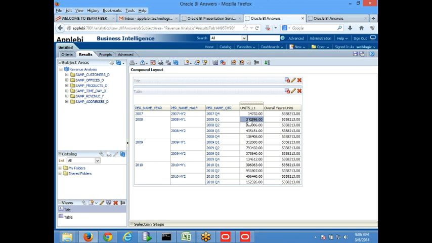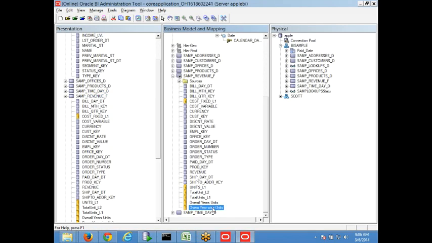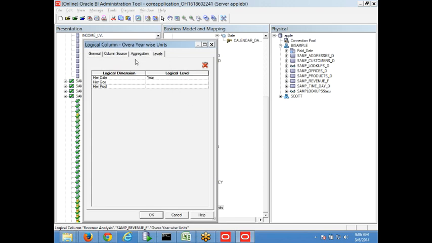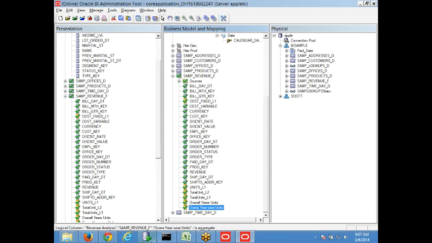Okay, and to do that, what I have done, I have created a second measure. In that measure, this time I have selected to always do this calculation year wise, in this year, in this year, in this year. Previously overall means in the entire table how much. This time year wise, in each year how much. Okay, so that's why if I select this column right now,